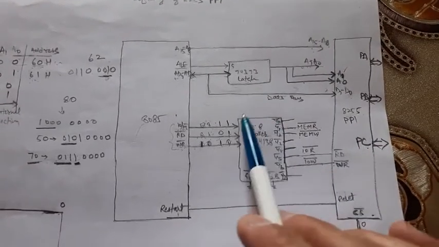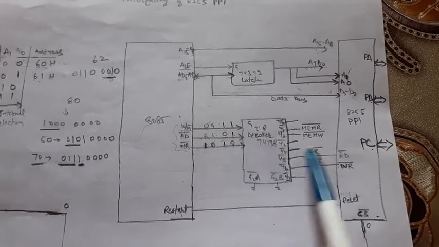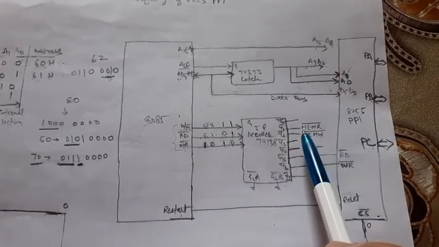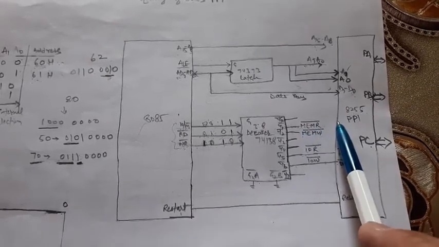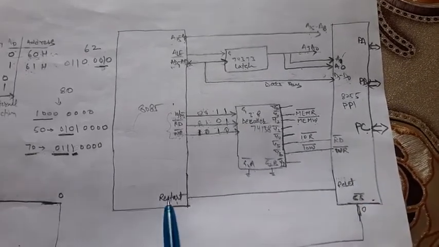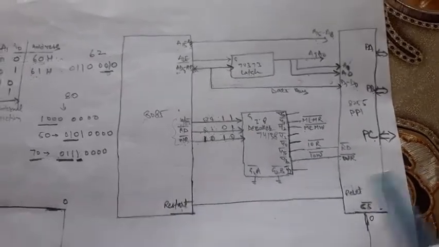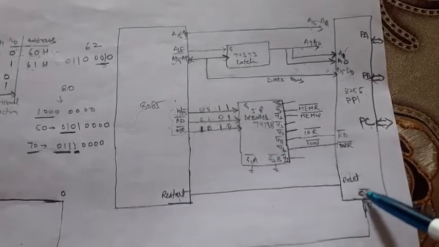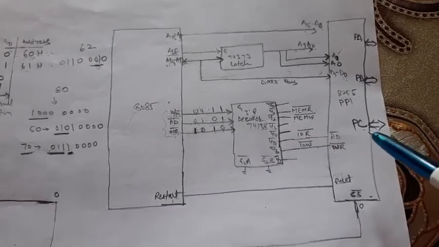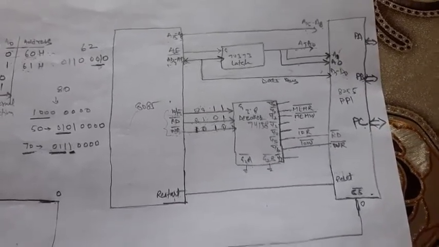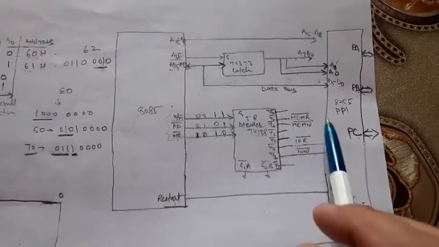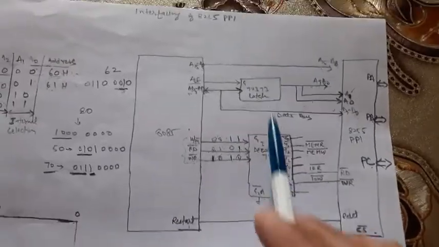So this is the decoder. Using that decoder we have connected this IO read and IO write. If this were a memory device, then we might have connected memory read and memory write to that memory device. This is the reset pin, which is connected to the reset out of this 8085. And this is the chip select, an active low signal through which this chip is selected. Only when the address meant for this chip is given will this chip be selected. So this was the working of this internal decoder as well as this latch.